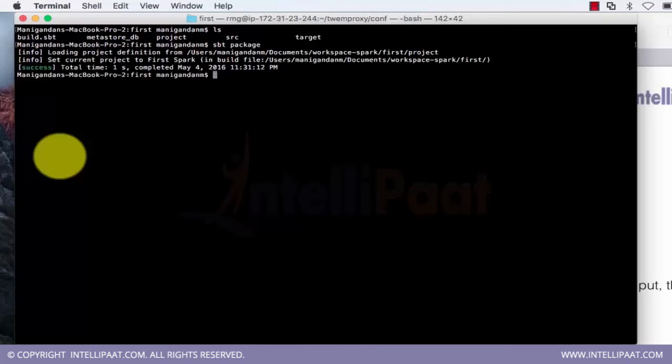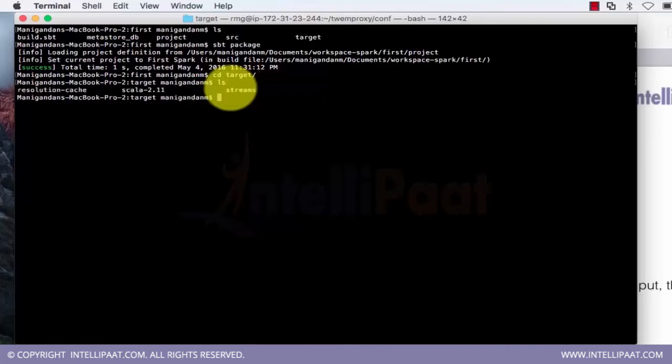So the build has been successful, and where is the program available? The result will be available in this folder called target. So cd target and this Scala version, cd